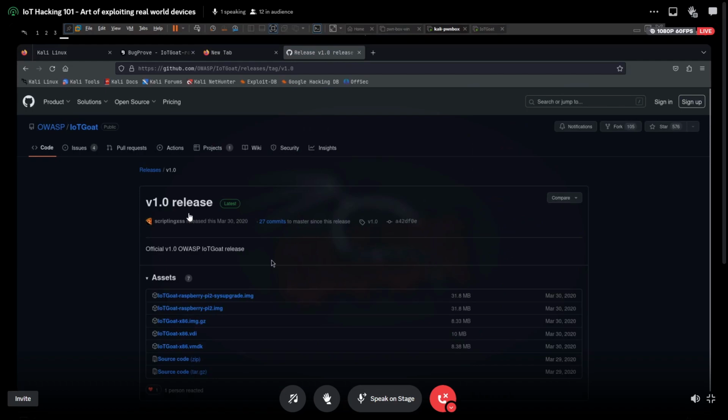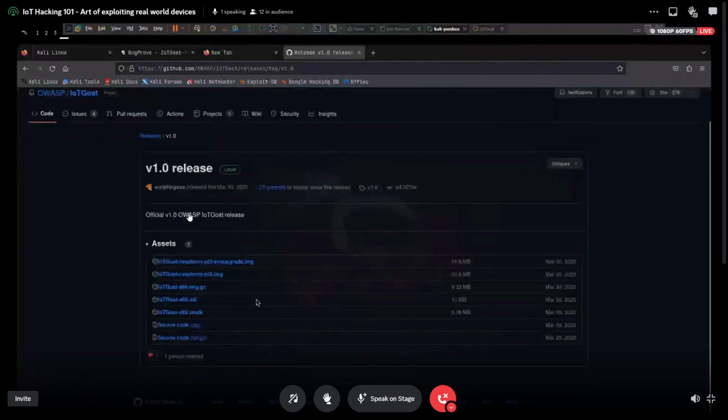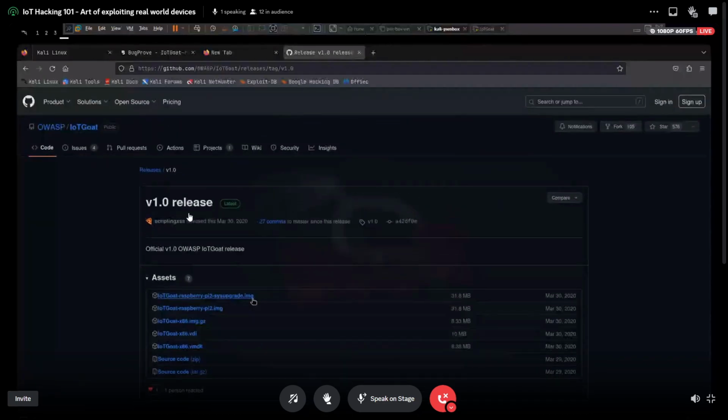And be mindful that this IoTGoat is a bit old. They haven't updated it much. It doesn't even compile these days because the toolchain behind it is outdated. The OpenWRT firmware they are using, they discontinued the toolchain behind it, so you can't even compile it. I tried a lot. When I did this talk the first time, I wanted to emulate the whole thing in QEMU, but I had to compile the firmware myself and I couldn't do it. So yeah, that sucks.